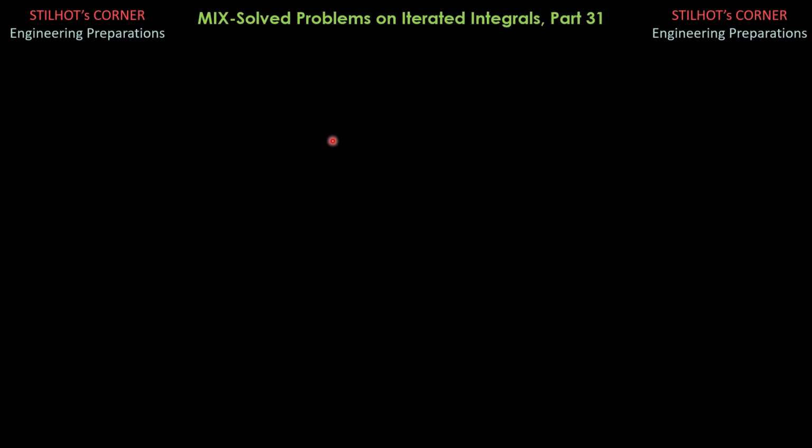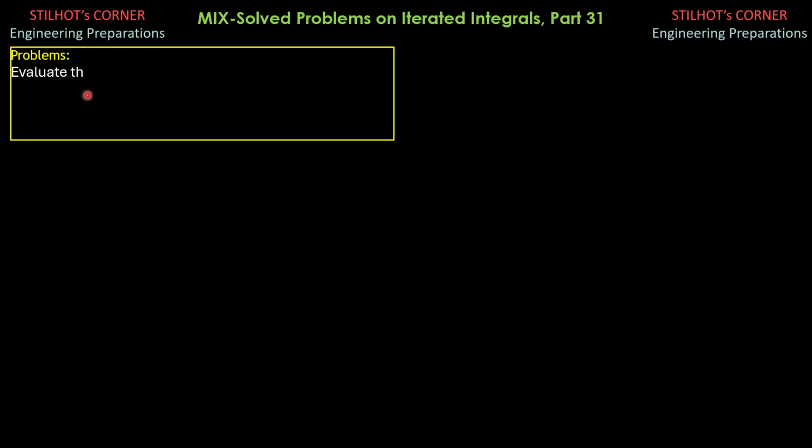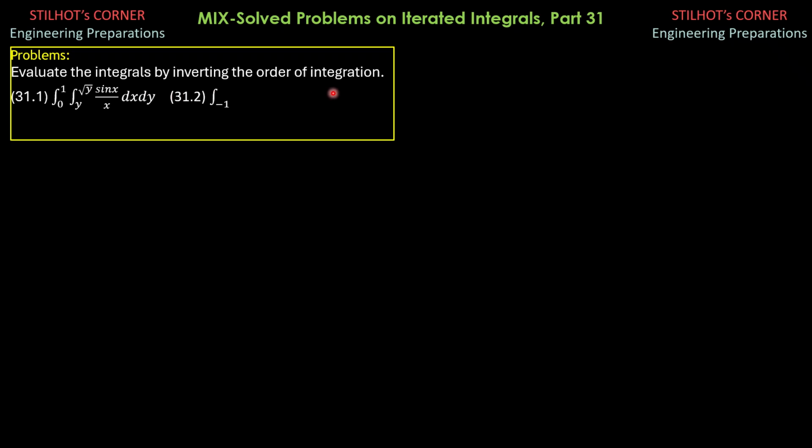So here we go. There are three exercises here. Evaluate the integrals by inverting the order of integration. So 31.1, we have integral 0 to 1, then y to square root of y sine x over x dx, then